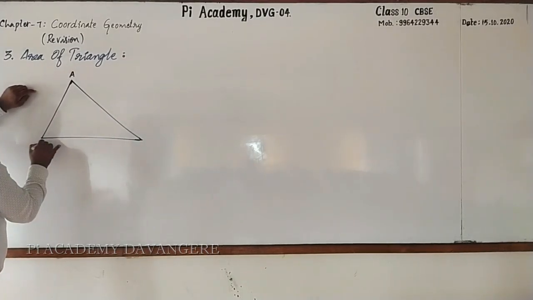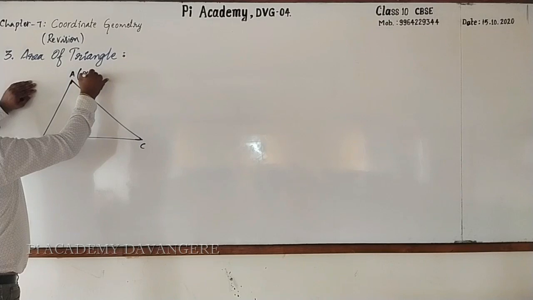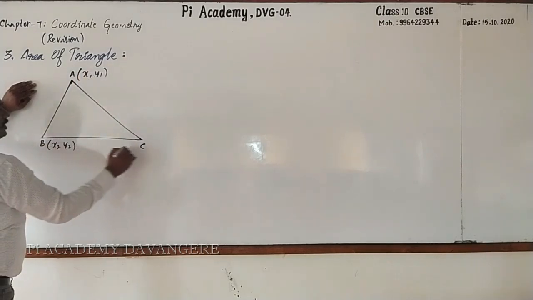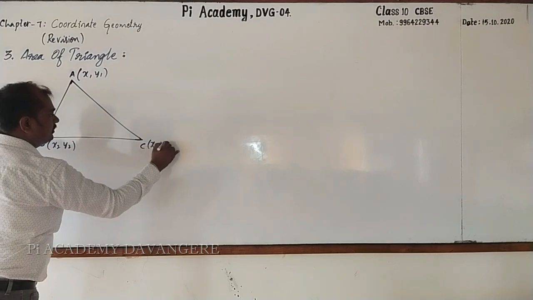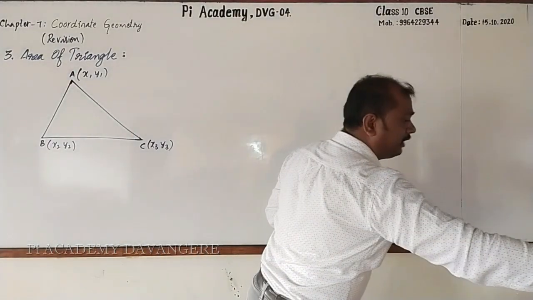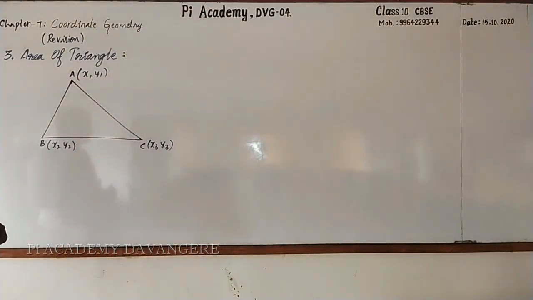So here I take ABC as triangle. The coordinates of the vertex A is x1, y1, B is x2, y2, and C is x3, y3. Then we have a formula. It is also very easy to remember the formula. But before that,